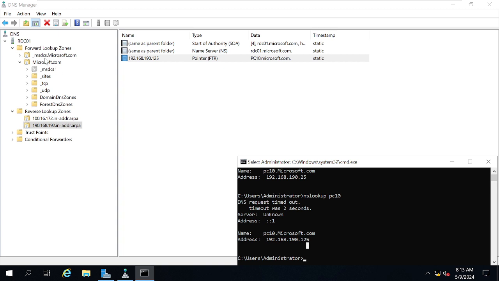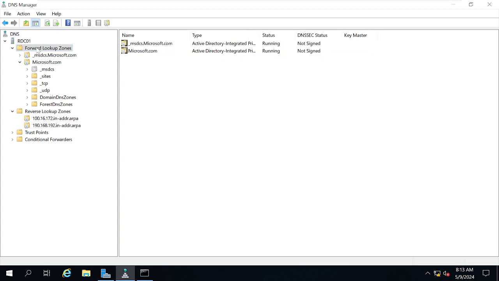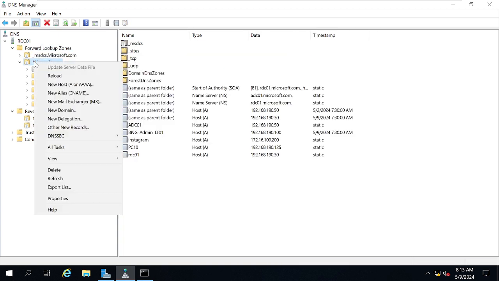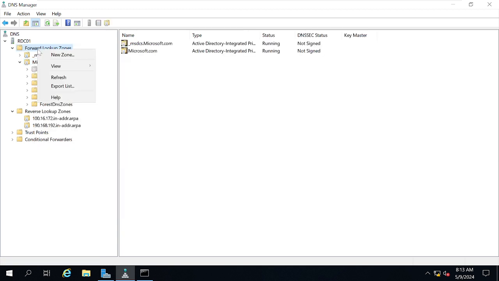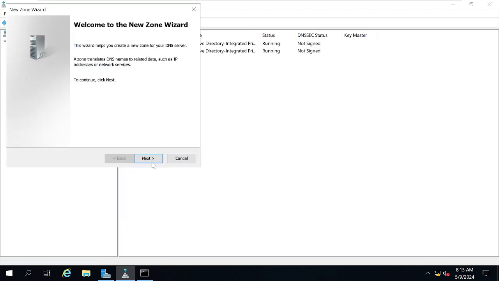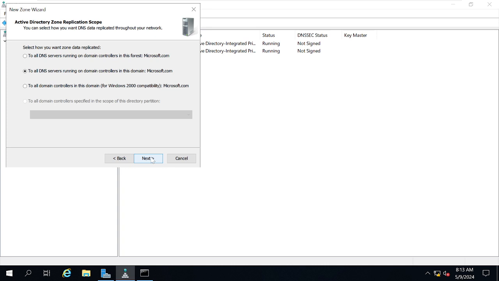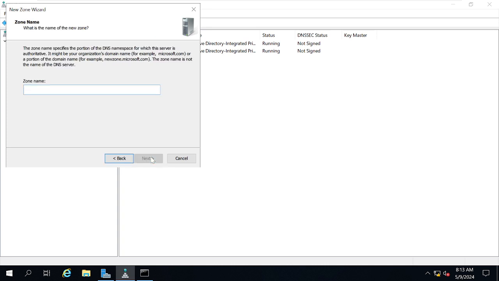Okay, so you can create multiple zones here. Right click on the forward lookup zone here, you can create a new zone. Okay, primary zone. Maybe you can put Sony.com or Google.com.